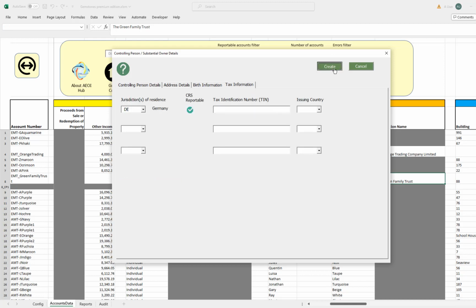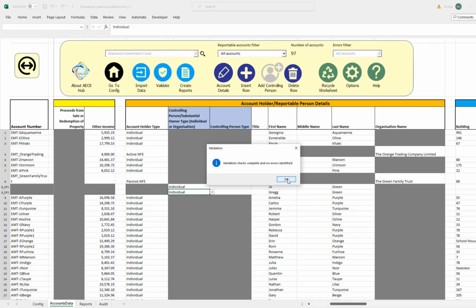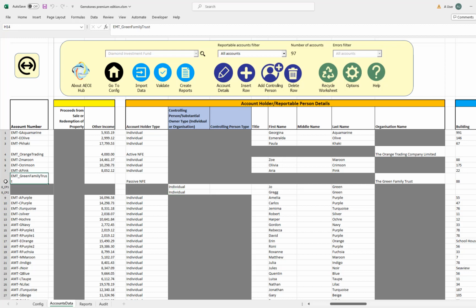Click on Create. See, it's added that second row underneath, and if I click on Validate, that's updated the numbering and the controlling persons underneath.